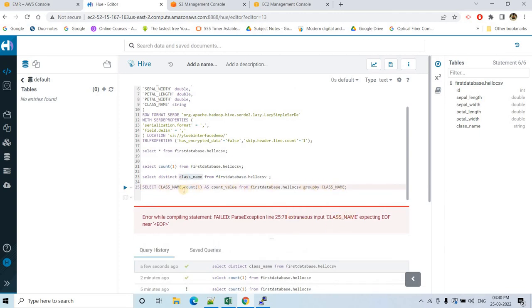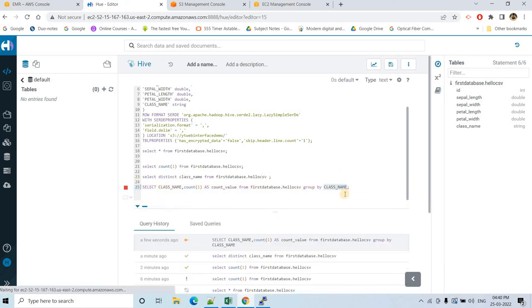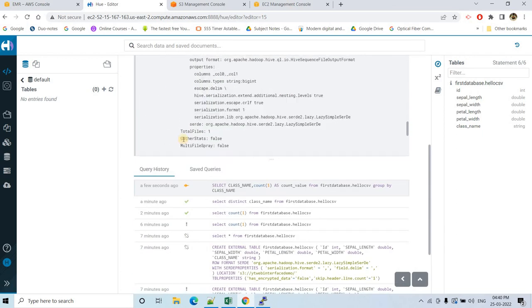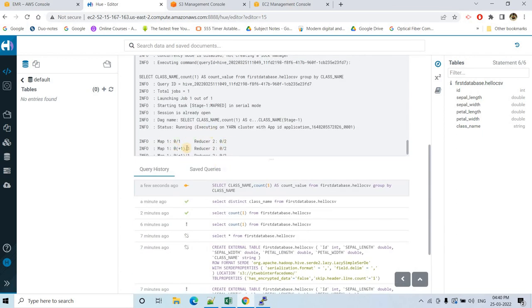So here it is throwing some error. Select class name, count of one as count value from first database hello CSV group by. Here after group and by there should be a space, and then here again our MapReduce is started. Okay,